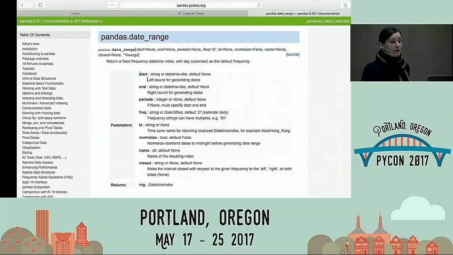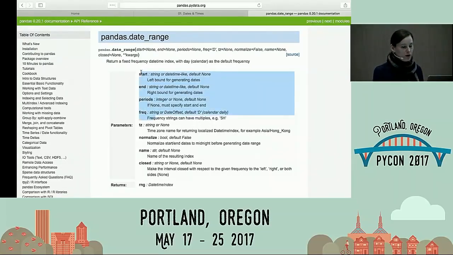It would probably forgive me if they're all consistent, but if they weren't all consistent, it's going to throw an error. Like if I say I want to go from May 17th to May 19th at a daily frequency and I want 20 periods, Pandas is going to come back and say, well, that's not actually possible unless you want me to do some bizarre time-traveling nonsense. So it will not let you do things like that, which also means that you can be lazy. We've all been in the situation where it's sort of like, I don't really want to figure out what those dates are. I want someone to do it for me. Welcome to Pandas. Pandas is actually now taking care of that for you.